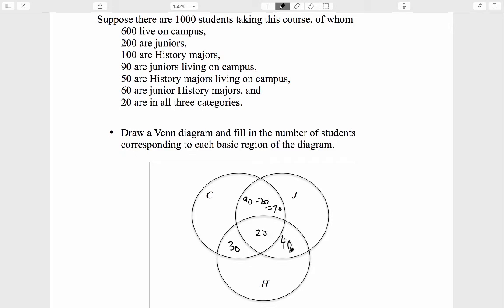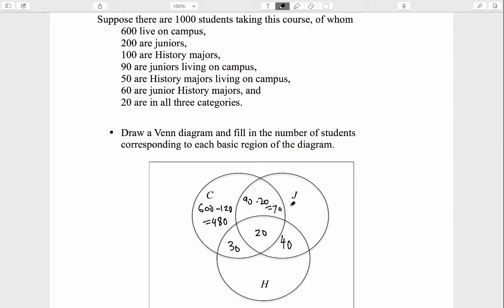The other 40 out of those 60 live off campus. The rest involves a little more computing, but it's not so bad. There are 600 students living on campus. We have accounted for 120 of them across 3 basic regions. That leaves 600 minus 120, which is 480 students who live on campus, but they're not juniors and they're not